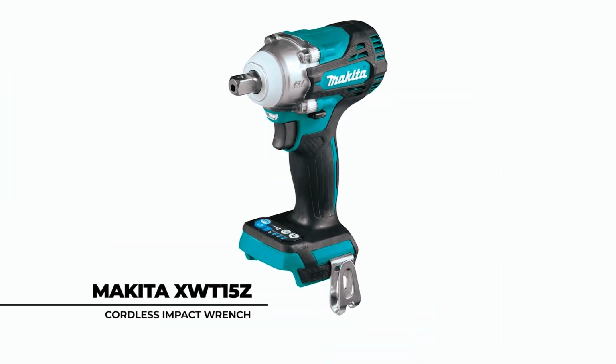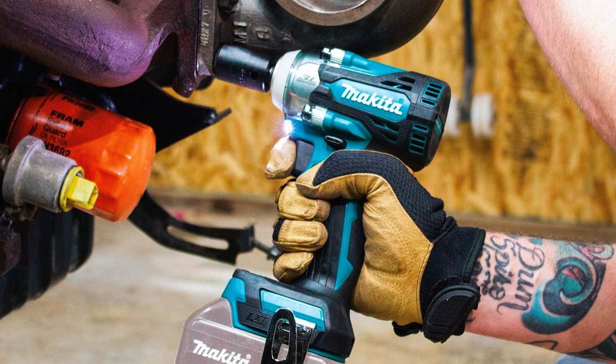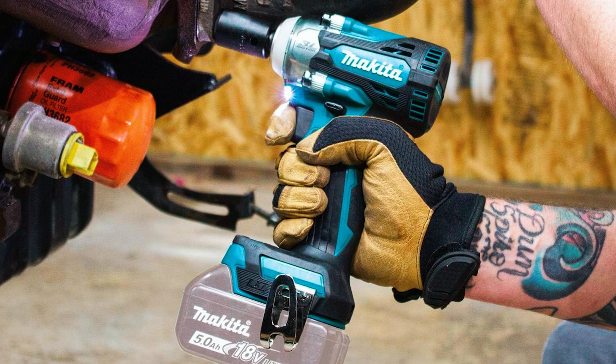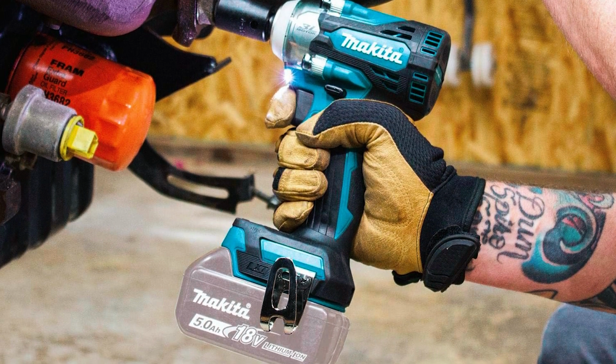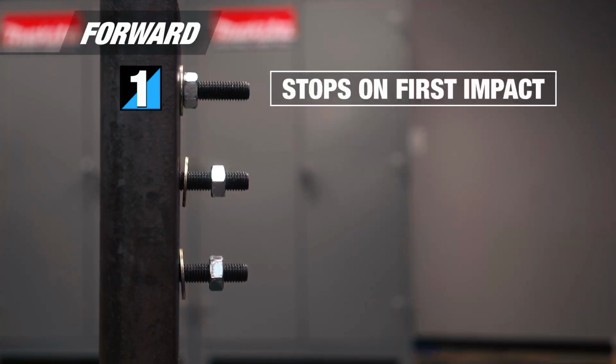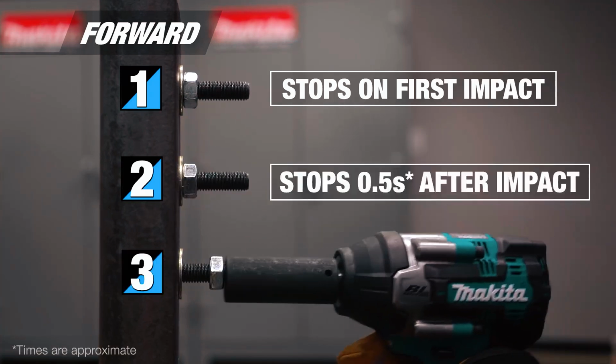Makita XWT15Z Cordless Impact Wrench. The Makita XWT15Z Cordless Impact Wrench is a powerful and versatile tool designed for automotive, installation, and fabrication trades. Powered by a Makita-built brushless motor, it delivers 240 feet-pounds of max torque and 430 feet-pounds of nut-busting torque for